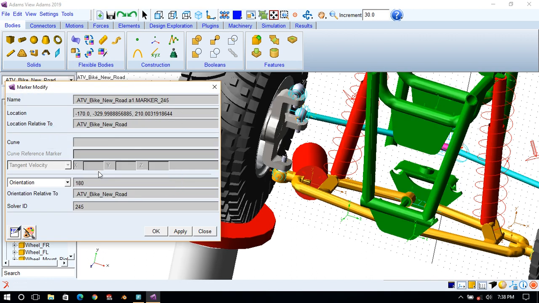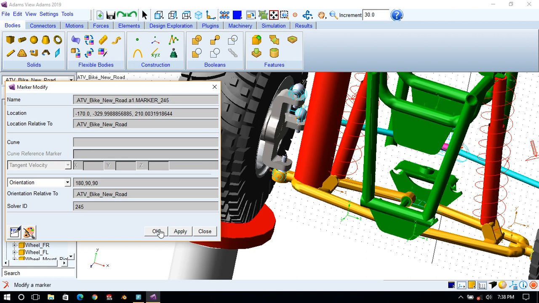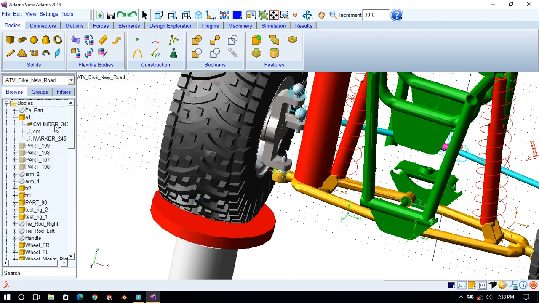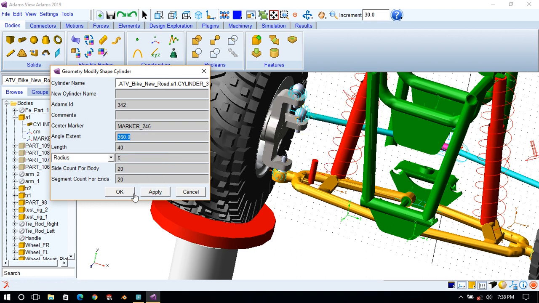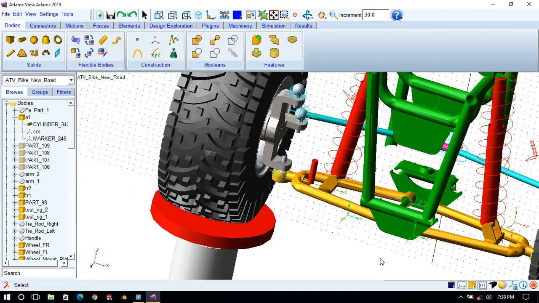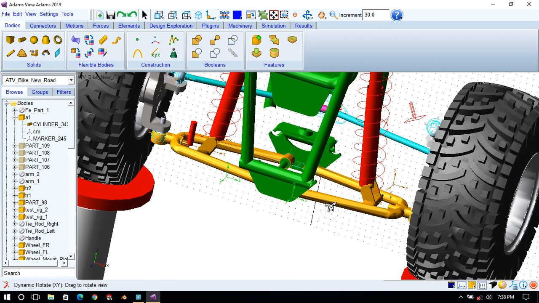If you read the documentation of Adams, it uses Euler's rotation, the 313 principle. Go to the cylinder, length we will make as 40 and radius is 5 mm. Apply. So we'll repeat the same procedure here also.